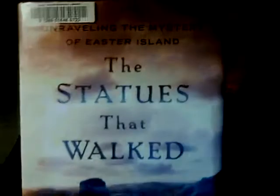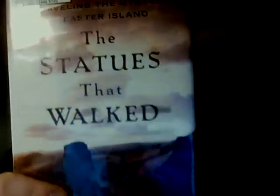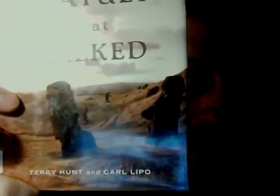What is this? The Statues That Walked: Unraveling the Mysteries of Easter Island by Terry Hunt and Carl Lipo. This is a bit of an academic book, though an entertaining read that uncovers the mysteries of Easter Island. The primary mystery is how Easter Island, a tiny island in the middle of the Pacific, could produce